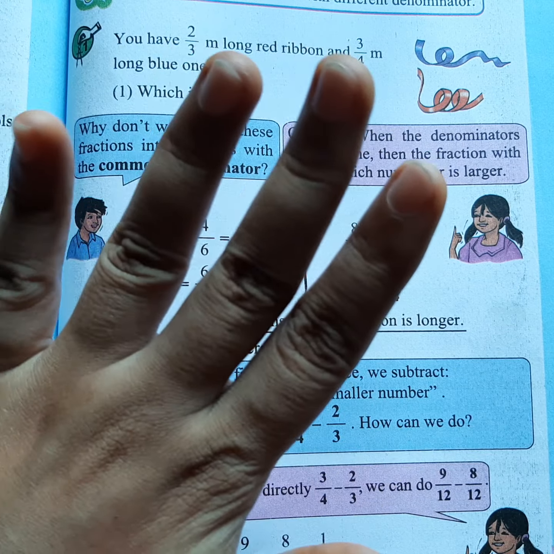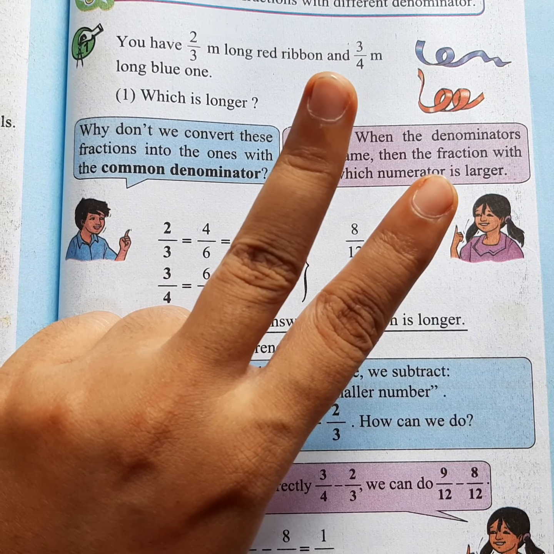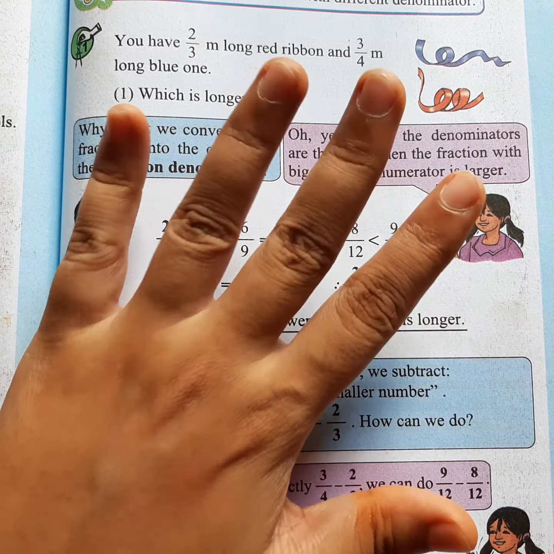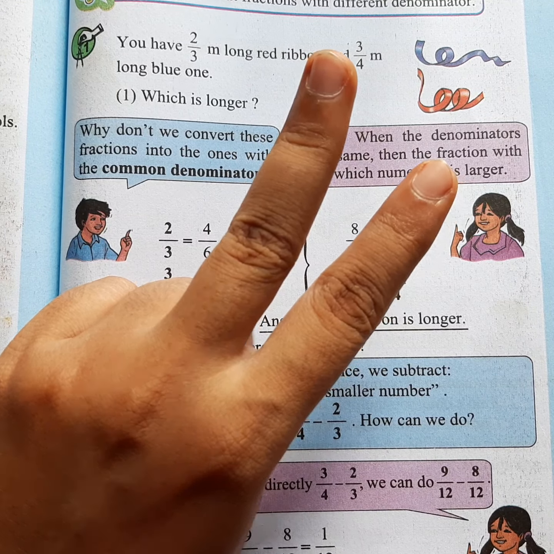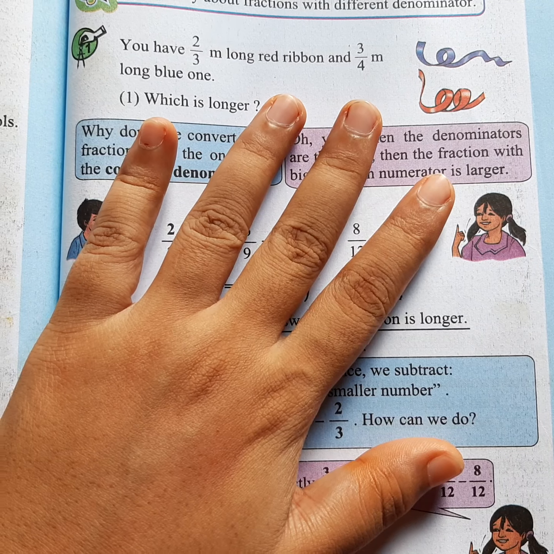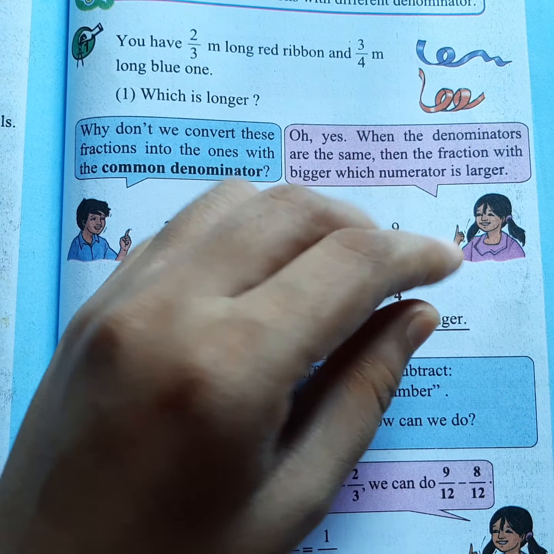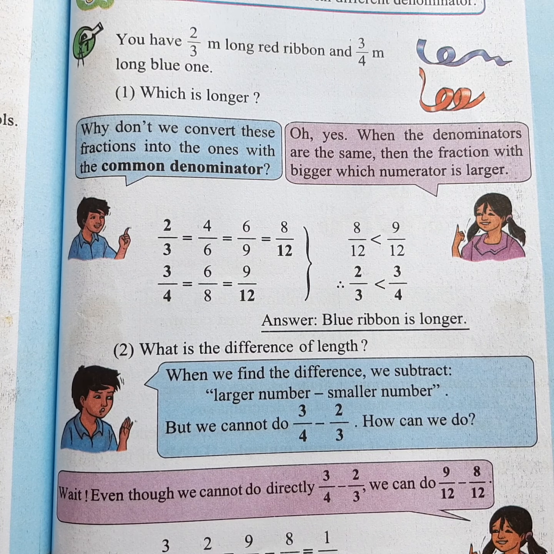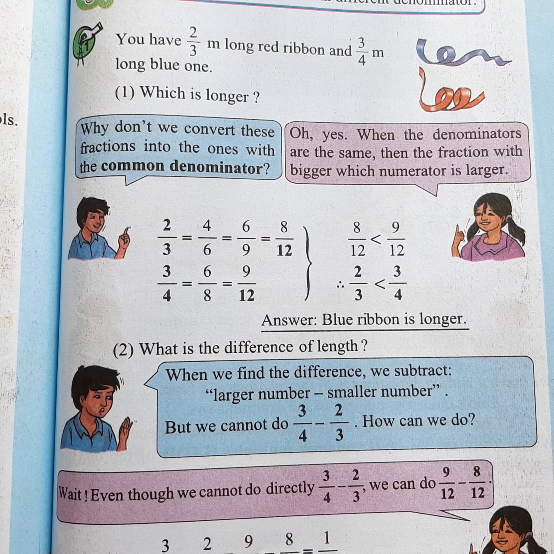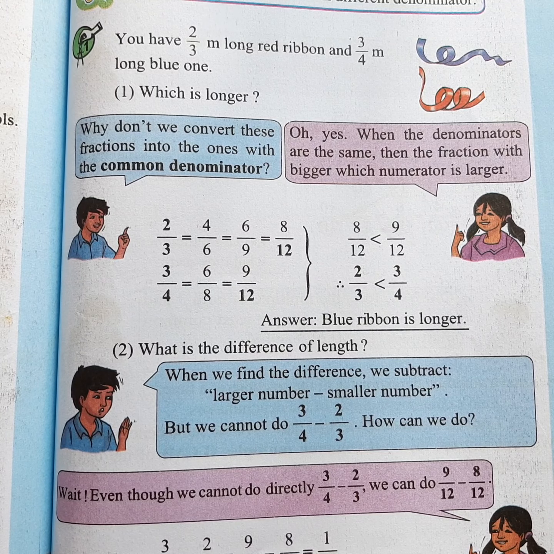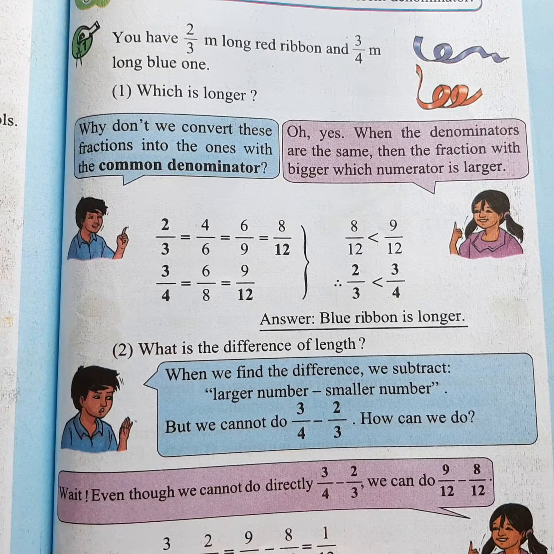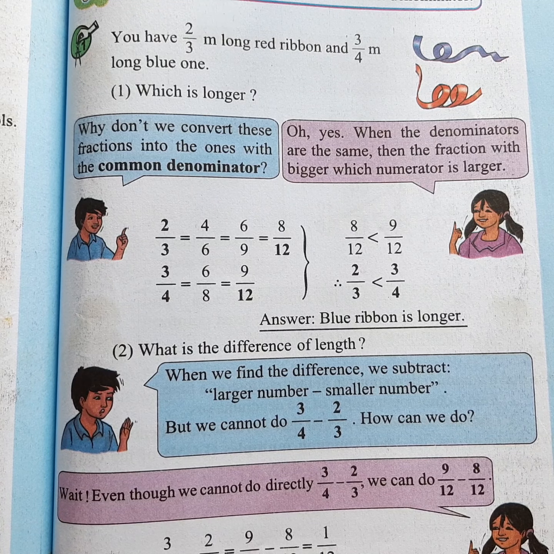For class 4, you cannot subtract 2 from 5. Oh, sorry, 5 from 2. That is a mistake, I said it wrong. We cannot subtract 5 from 2. If you have 5 books, you cannot give away 7 books. You cannot remove the 7 books. You have to make it 5 or less than 5. So you have to subtract this way. It's common knowledge, you get it from the base classes.